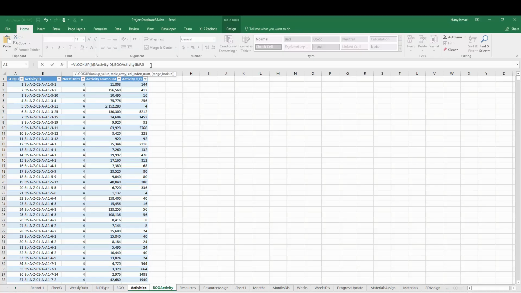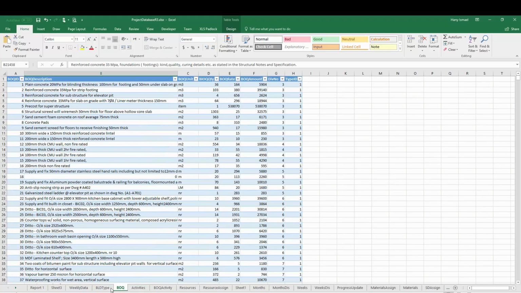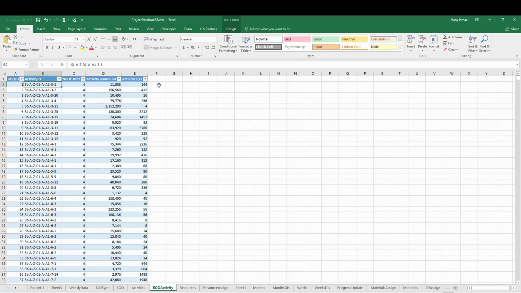As I told you, the VLOOKUP doesn't work when it is the opposite way. The first value should be the one you are looking for. So here I put the 5, it will be empty. So I'll go back to the BOQ activity. I will create another column equal to this one. Then when I come back to my activities,